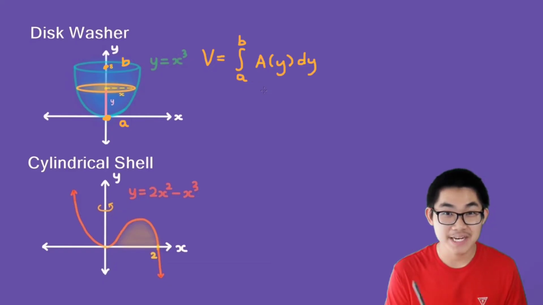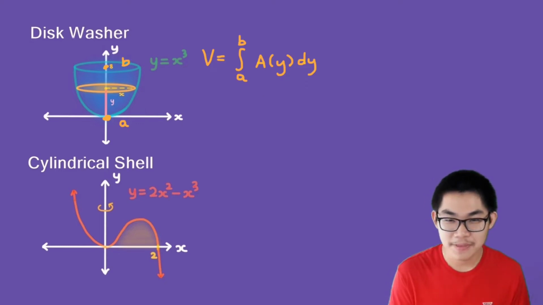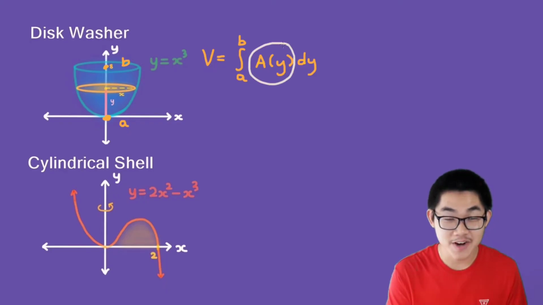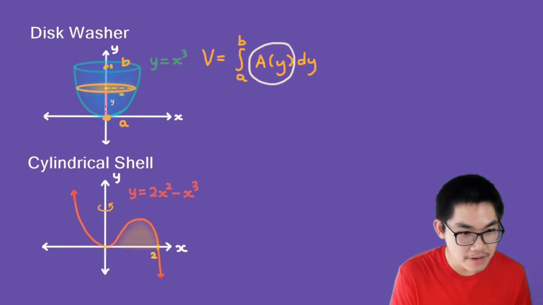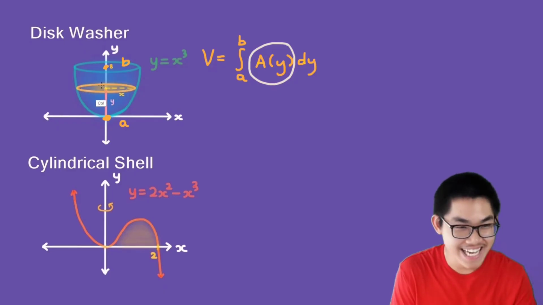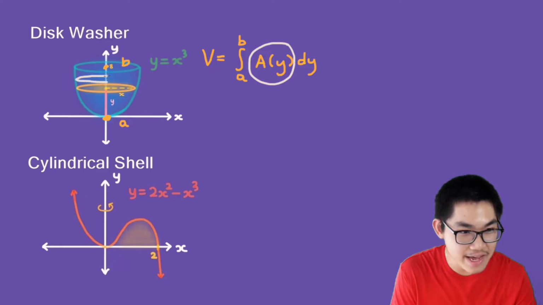Now, I'm going to show you an easy trick to remember this formula. All you have to do is understand it. So basically, this part is saying that we're going to find the area of the cross-sections from a to b. Starting from a, we're going to find the area of the cross-section here, and then here, and then here, and I think you kind of get the idea. So we're going to keep finding the area of the cross-sections until we reach the very top,